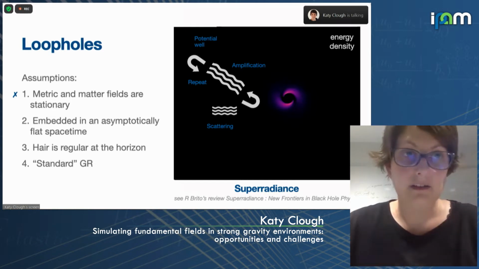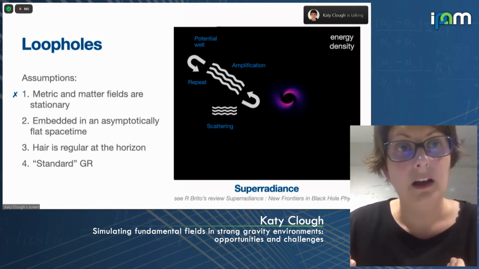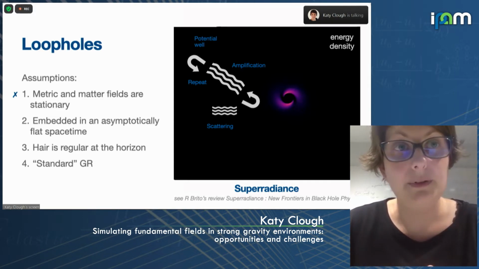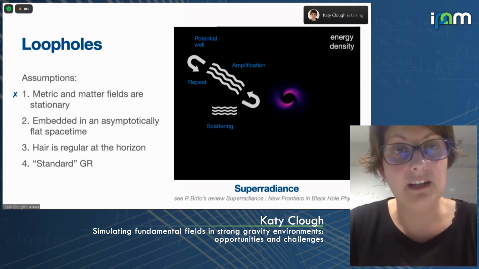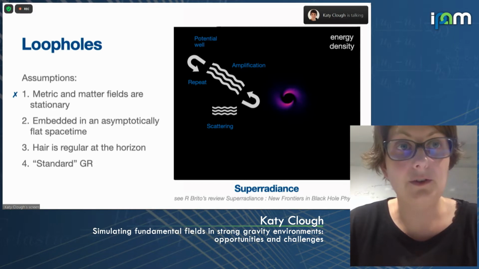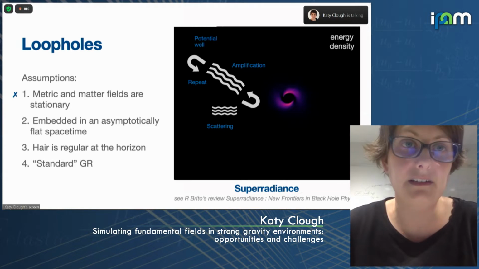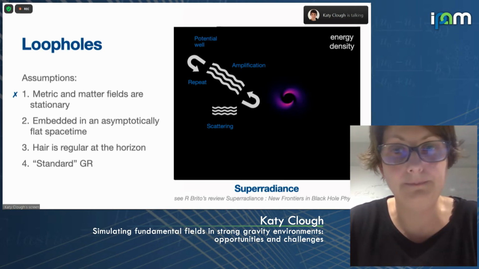So the idea is that this cloud will build up. At some point, the black hole will spin down and lose its angular momentum, such that this process saturates. And when that happens, you're left with this cloud, which will gradually decay via gravitational radiation. So at some point, again, you're going to end up with a bare black hole. So it's not going to give you a real hair, in most general situations. But this is a process which can have an astrophysical timescale.